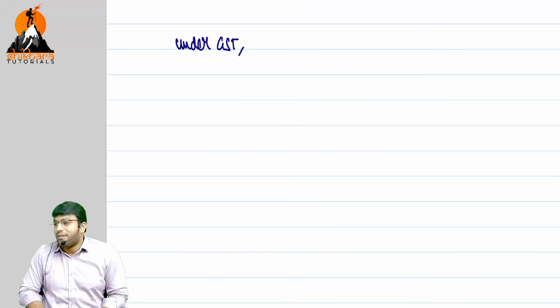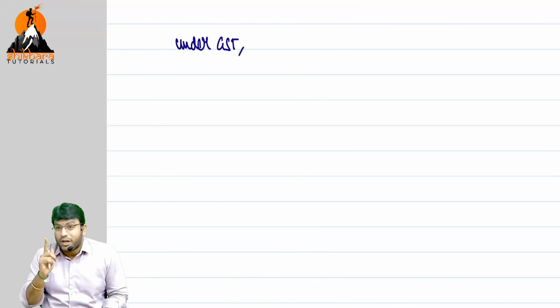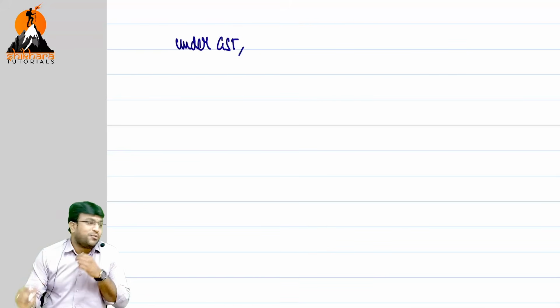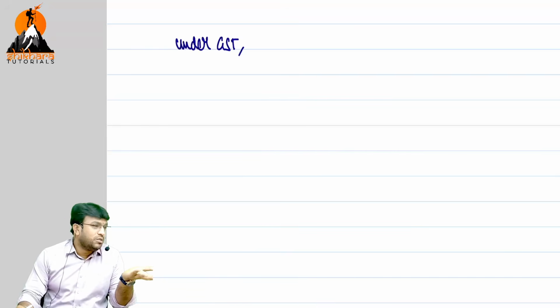For an individual, we'll always have P. Companies will have C. Firms will have F. I'm sure you all are having P only. If not, there is something wrong with you. Next, the fifth letter represents the surname's first letter or the company's first letter. What is fourth? Fourth will be P only for you. You want to check, fifth will be the surname's first letter.